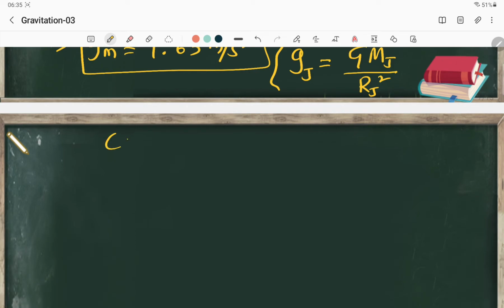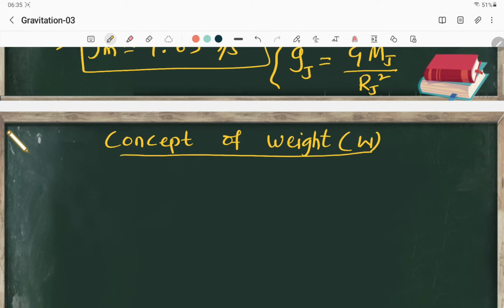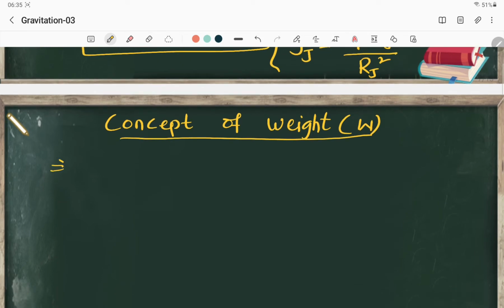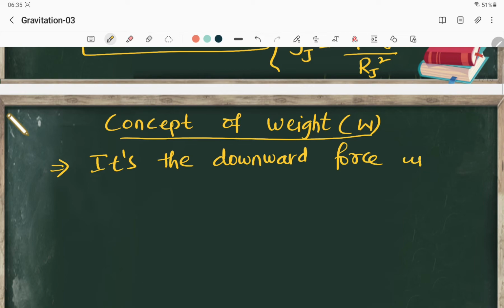Now let us discuss the concept of weight. How does weight come into the picture? The symbol of weight will be W. The concept of weight goes like this. What is the meaning of weight? Weight is nothing but a force. It is the downward force with which